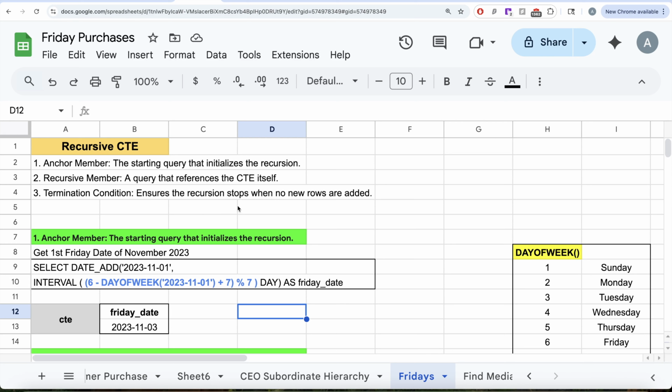Okay. Now what we need to do is we need to find out when is the first Friday of November 2023. So we know the first day of November 2023 would be 1st of November 2023. Now, what we can do is we can find out when is the first Friday. So, what we need to do is we can use a function called day of the week, and which basically